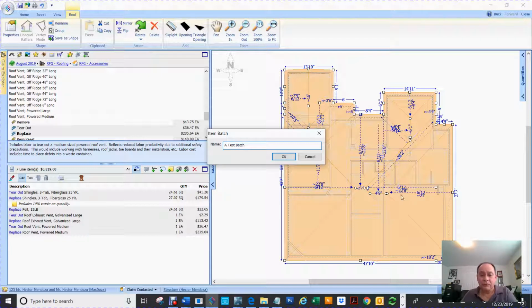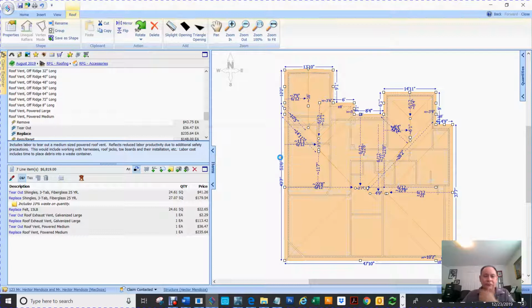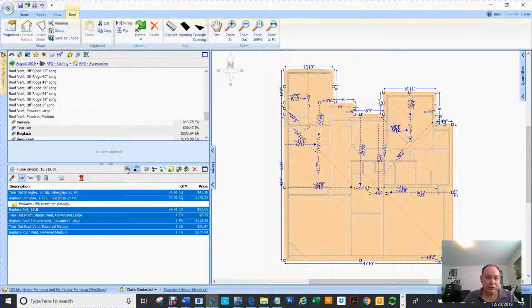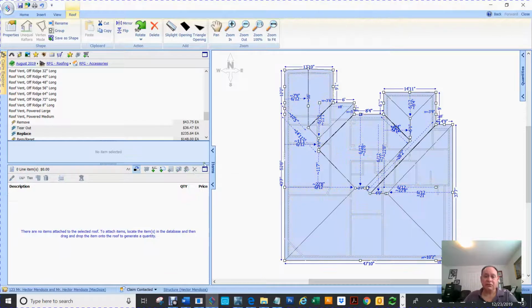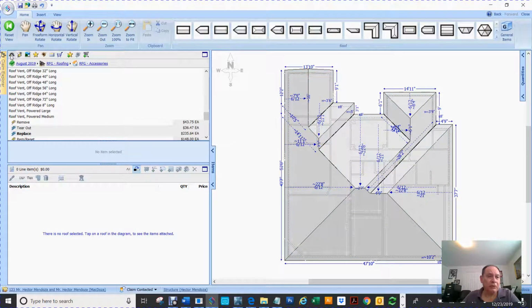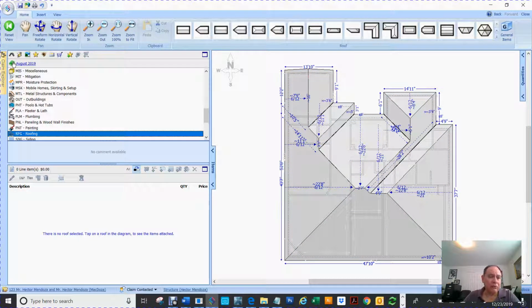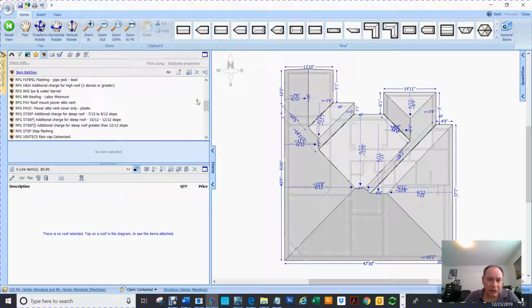Okay, so then I would hit OK. Now, next time, I'm going to select this. I just deleted the estimate, right? So I would go to my database. You see right here, I would click on this icon. It says item batch. So now let's look for that